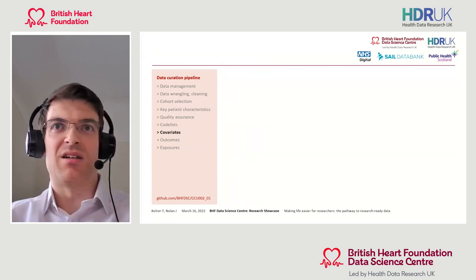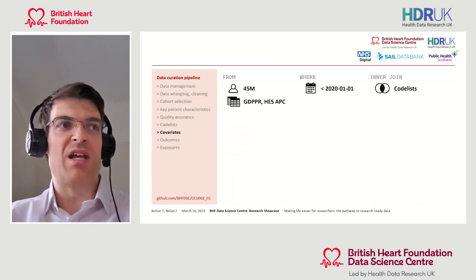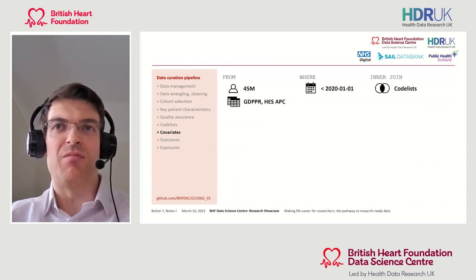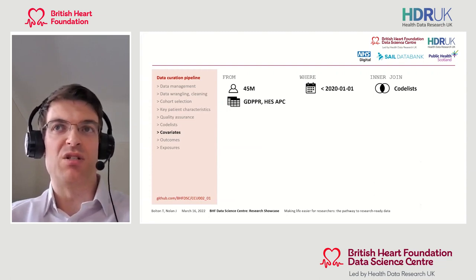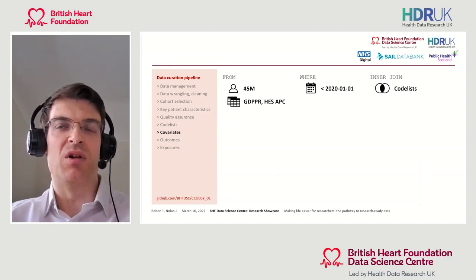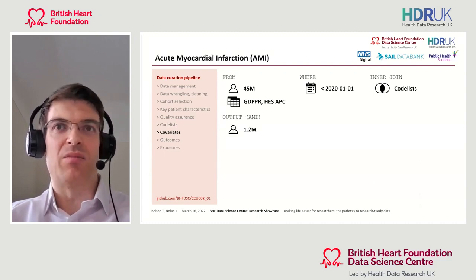So once we've defined our code list, we can then apply it to create covariates for our cohort. So taking the study population of around 45 million individuals from England that we identified for the COVID-19 infection project, and focusing on GP records from the GDPPR table and hospital admissions from the HES admitted patient care table, we can filter records prior to our study start date of the 1st of January 2020 and join these to our code list. Continuing with the AMI example, we find almost 1.2 million individuals have records with codes matching our code